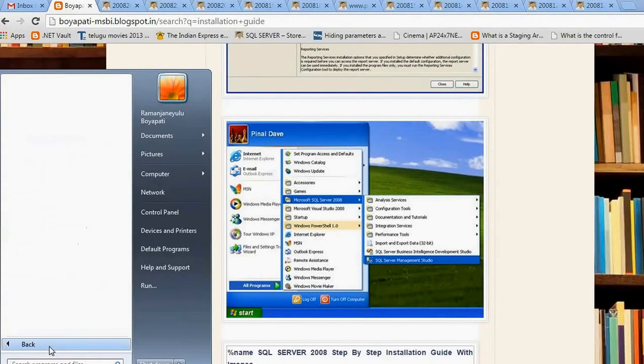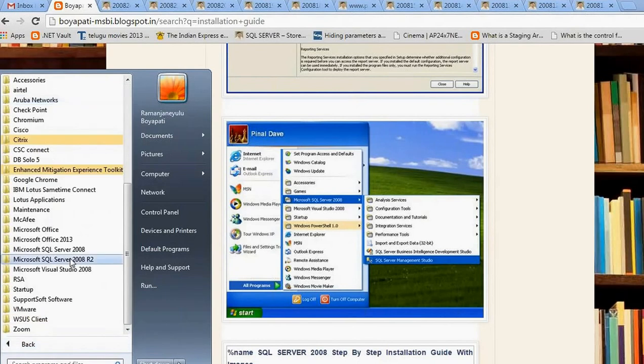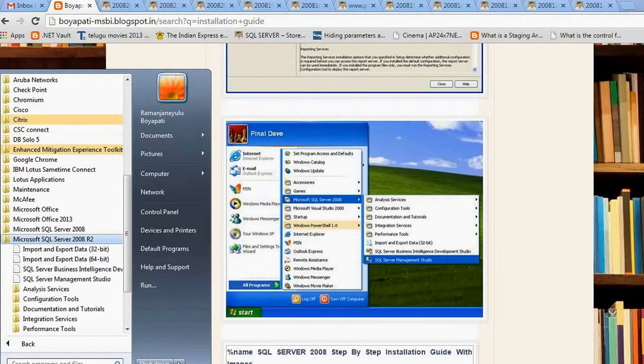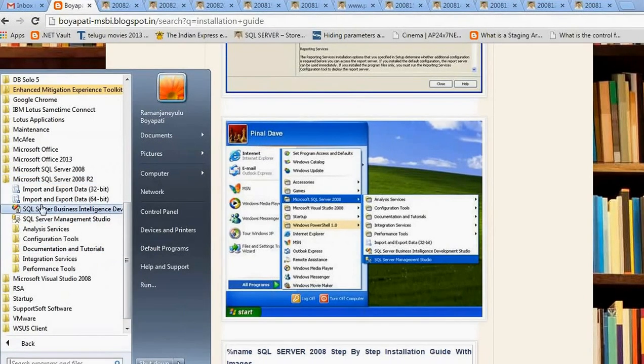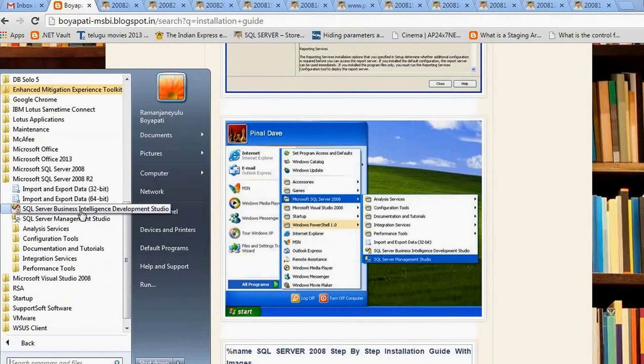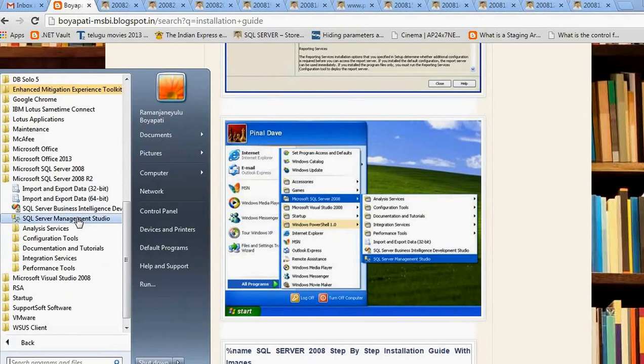Go to All Programs, SQL Server 2008 R2. If it is installed, SQL Server Business Intelligence Development Studio is coming. If that is coming, that means SSIS, SSRS, SSAS are installed. If SQL Server Management Studio is coming, that means Database Engine Services is installed.